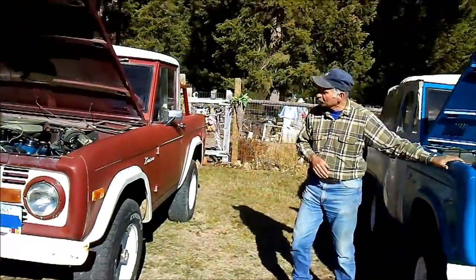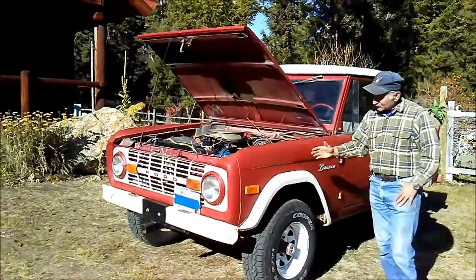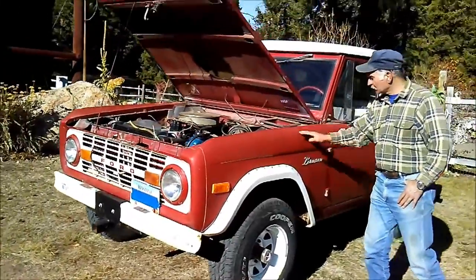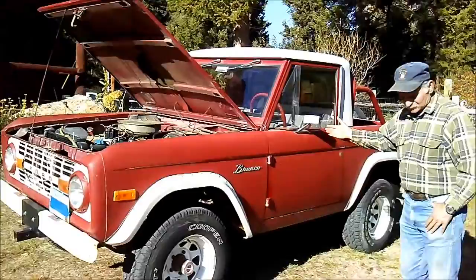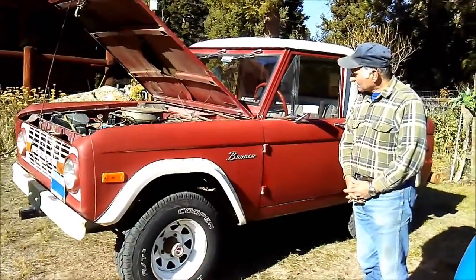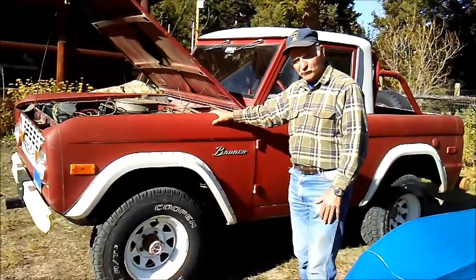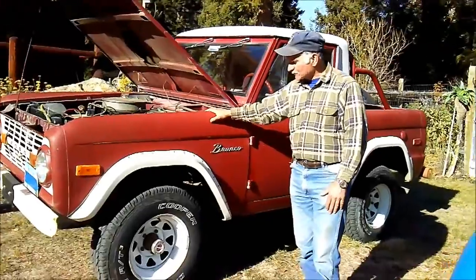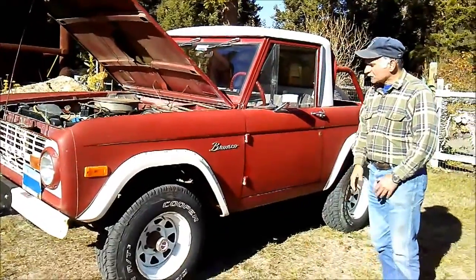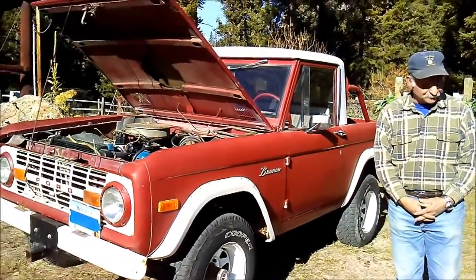Another thing I want in return is, here is a 76 Bronco that I want to keep. It has Dana 44 front end with disc brakes, has power brakes, power steering. It has the preferred J-shift transfer case that Broncos had in the later years. And I would like a body off restoration on this vehicle to save it. It's starting to rust, a lot of surface rust. There are a couple of bad spots that would be simple to fix. But a body off restoration on this Bronco, and you guys did a Bronco a few years ago, and I watched that intently,